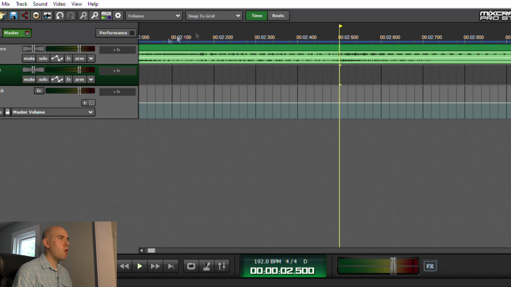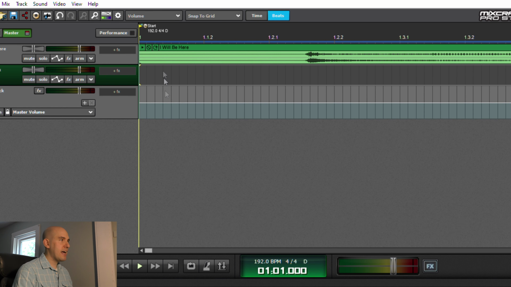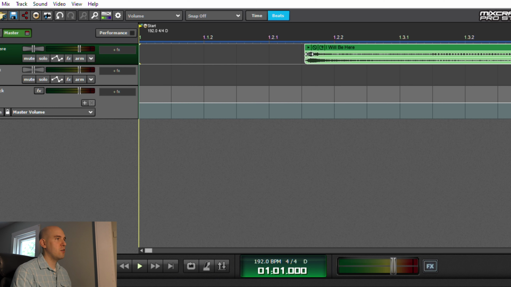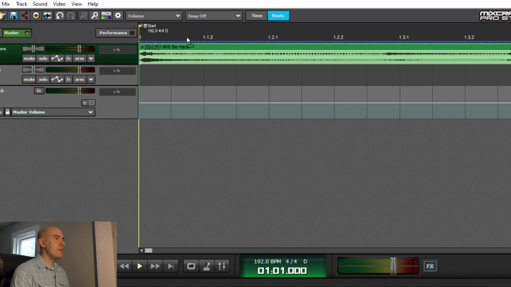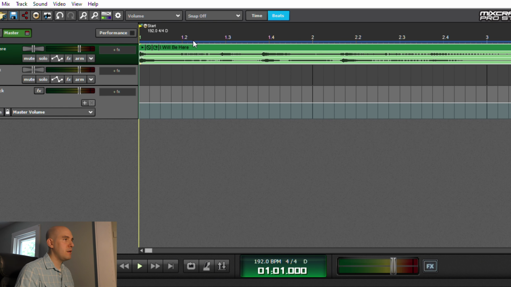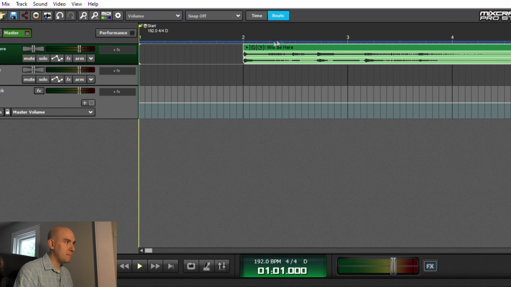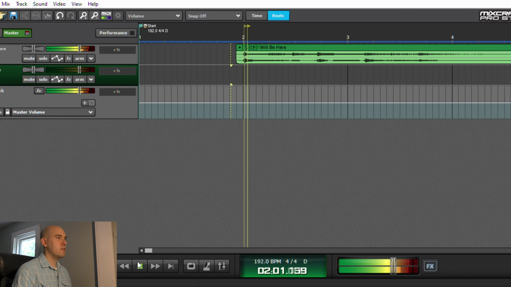So first, if you wanted, you could go to Beats and try to line it up with the tempo. You would want to turn Snap to Grid off because otherwise it's going to see these little line markers right here and automatically go to that. And when you do that, you never want to start on beat number 1 because you're inevitably going to cut something off a little bit. You would always want to start on beat 2. I'm showing you more than I need to do. So if we were to start right there,